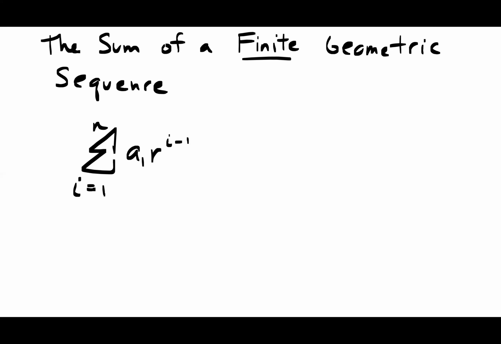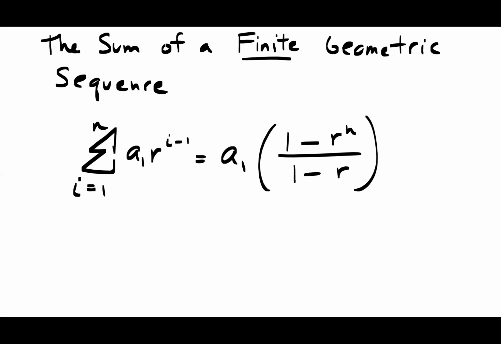The question is this: if we were to add a geometric sequence together, the formula for it is a sub 1 times 1 minus r to the n over 1 minus r. That's what it is right there. And we'll take a look at some stuff here. Okay, in this class, what we're going to learn is just to plug in the formula. Can you plug in the formula? Can you use it here? So example